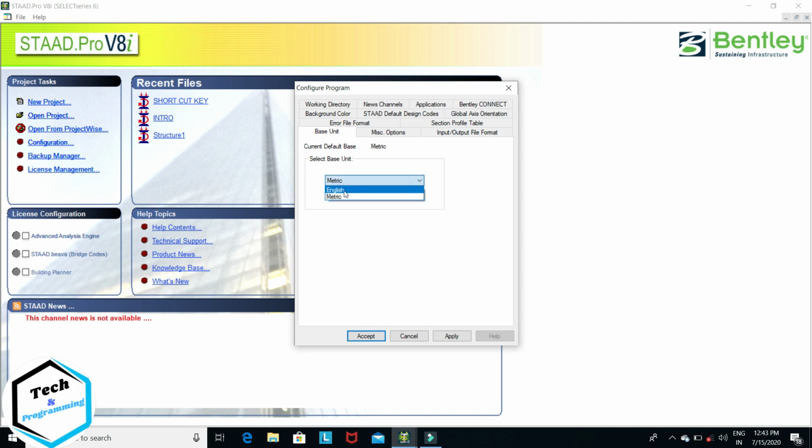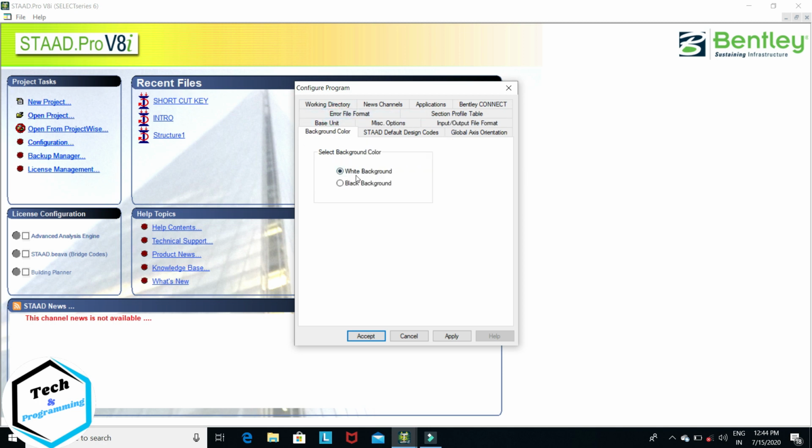If you want English units in inch and foot, you can select this. And if you want to do your project in meter, kilometer, you can select metric unit. Here is the background color. You can change your background like white background or black background.